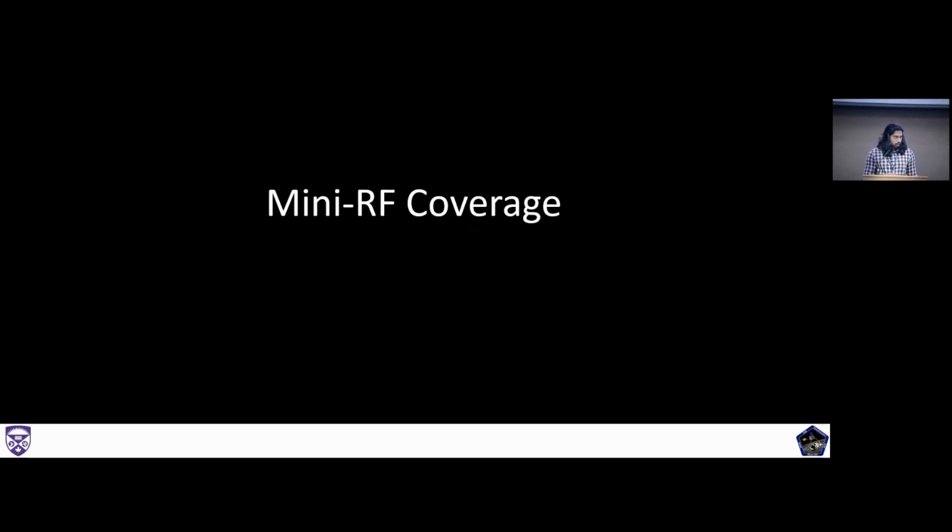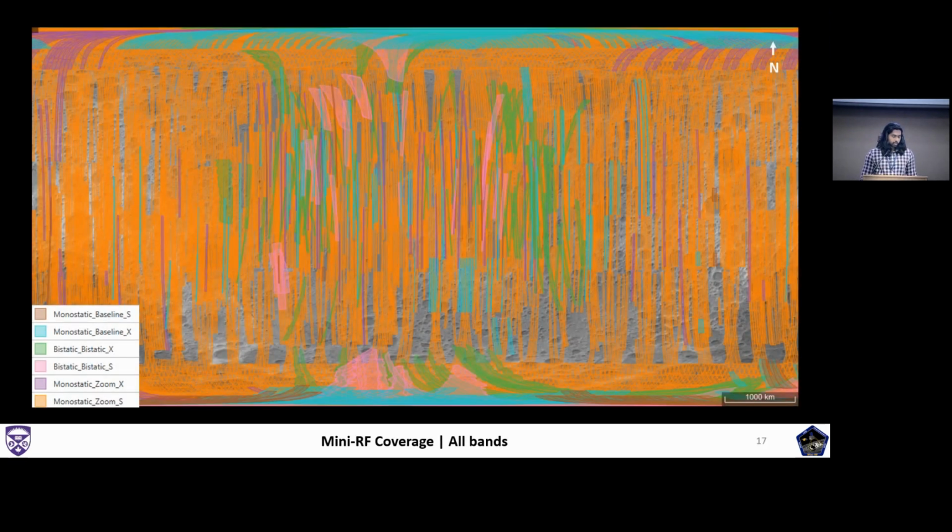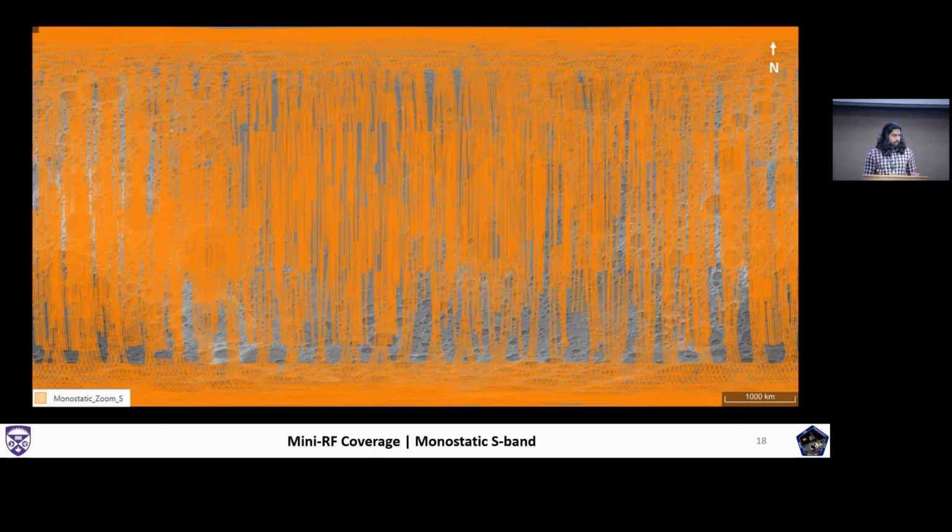This map shows all the regions on the lunar surface that Mini-RF has taken data from. The different colors indicate different wavelengths and resolutions at which this data was collected. This study primarily focuses on S-band monostatic data,